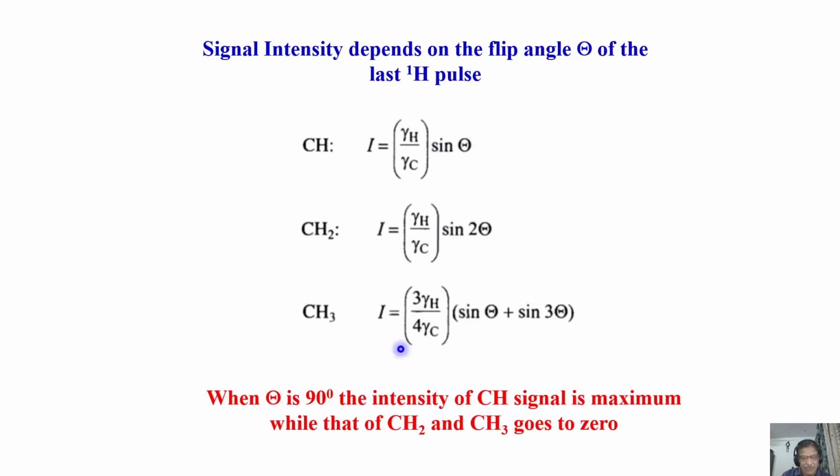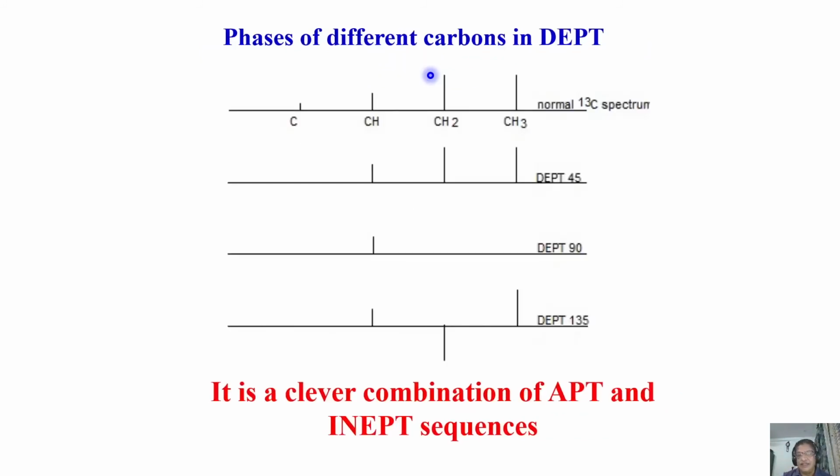So based on this theoretical understanding of how the intensity of the peaks of carbons attached to different protons varies as a function of angle phi, we know how we can edit the carbon 13 spectrum. This is an example of how we can see. I'll explain what APT and INEPT are later. They are called attached proton test and insensitive nuclei enhanced by polarization transfer. First, I have to explain polarization transfer, and these are all methods to identify carbons also. We'll come to that later. Since DEPT is the most commonly used experiment, I am discussing this now.